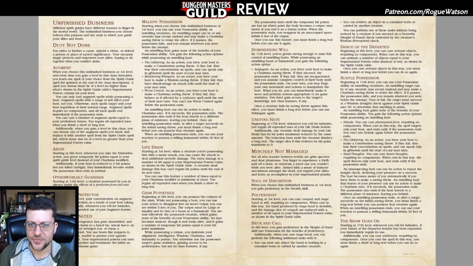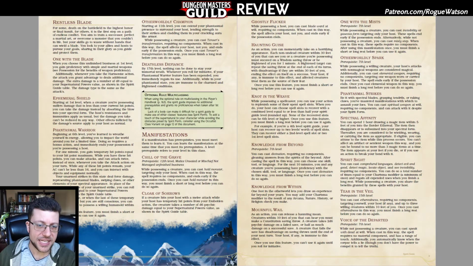And then at, where am I? Mischief Not Managed, 11th level, yeah. So at 11th level you can possess unwilling creatures, similar to the Malice Unsated. And then the Restless Blade is, if you want to be more of a combat unit, you can be better at possessing your allies and giving them attacks and defenses, but more importantly, and they kind of buried the lead on this,